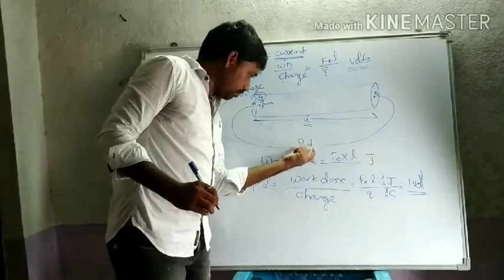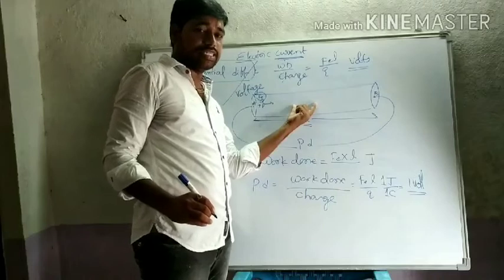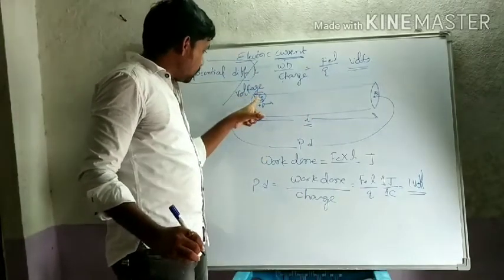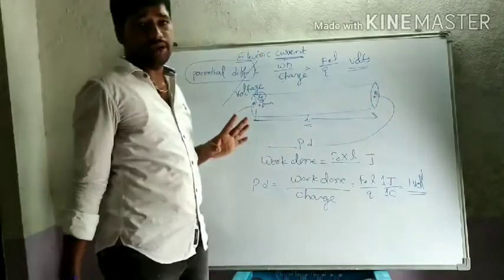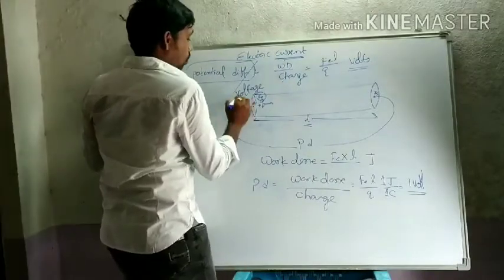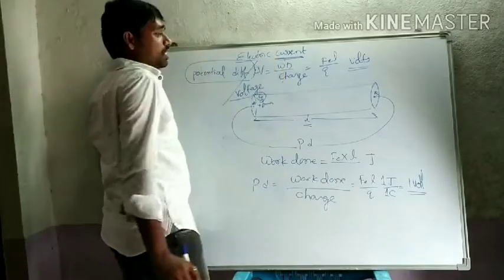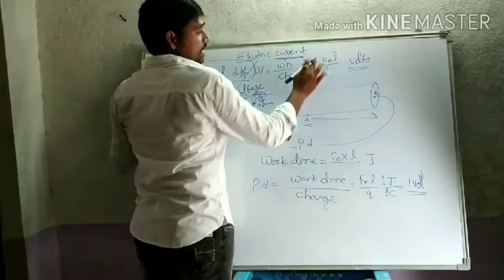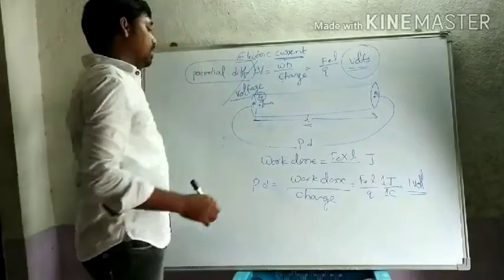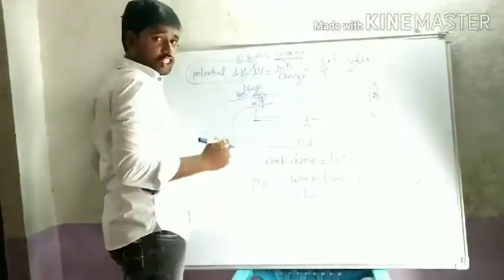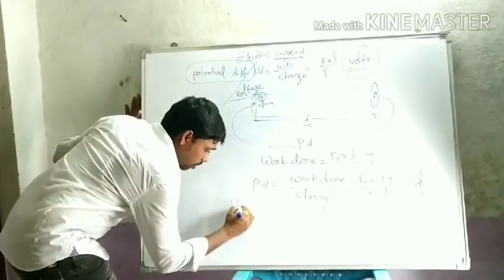When a voltage, that is a battery, is connected across the terminals of a conductor, it does some work to move a unit positive charge from point A to point B. So that is a voltage. It is denoted symbolically as V equals work done per charge, that is Fe into L upon Q, measured in volts. The device used to measure the potential difference is a voltmeter.